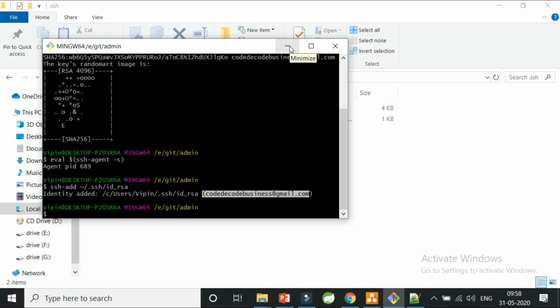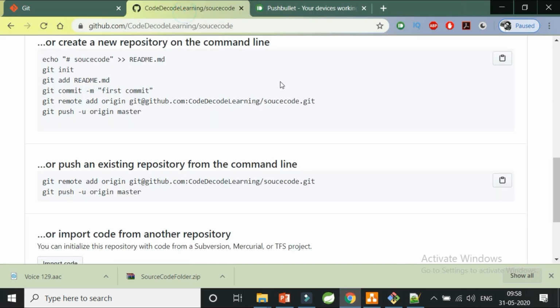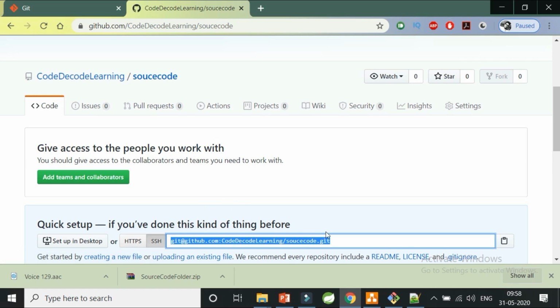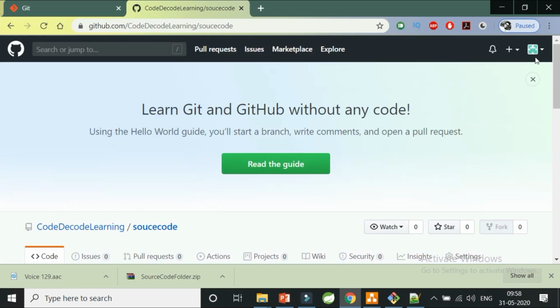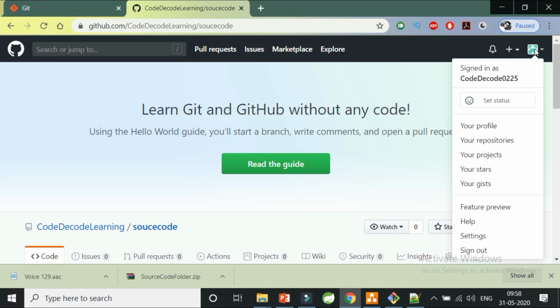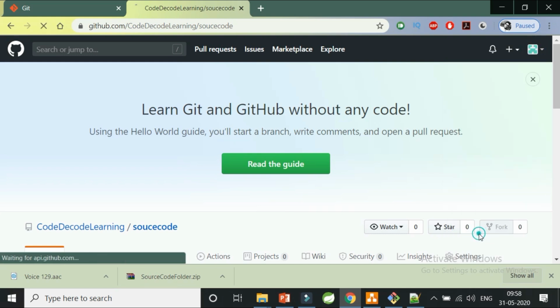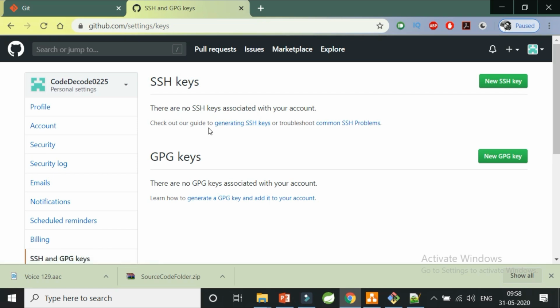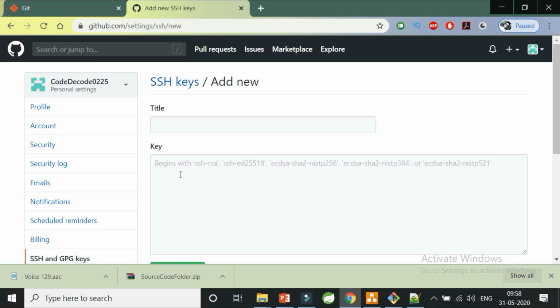So this is how I've created the SSH keys and added them to the agent. And now, we have created the SSH key here, that's very good. But how will this GitHub know that your source code is being added by a valid person? To make myself a valid SSH person, I'm going to go to my settings. In settings, I'm going to go to my SSH keys, and here it says that I don't have any SSH key. So I'm going to create a new SSH key here, and the title I will be